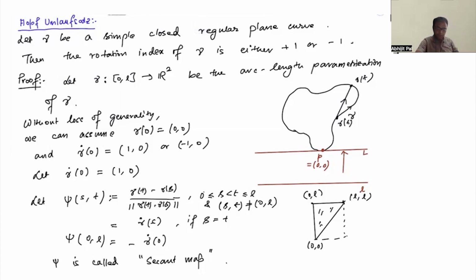Now if s is equal to t, we have this unit tangent vector here. All right, so you can check that